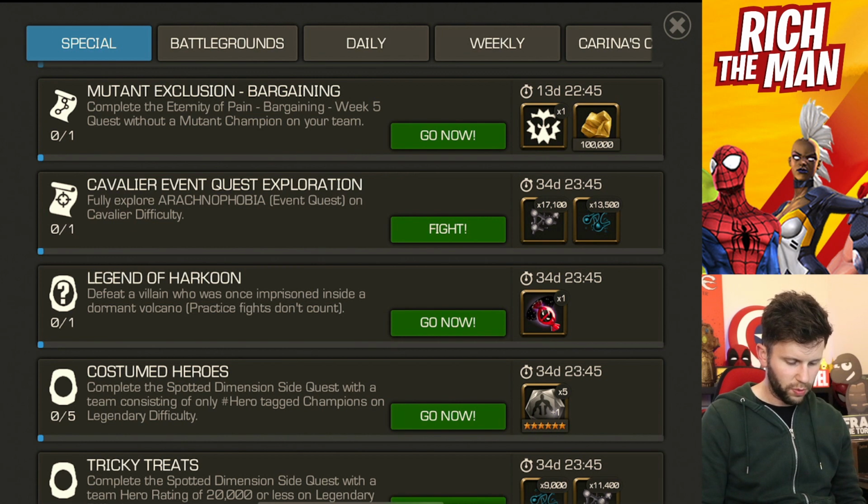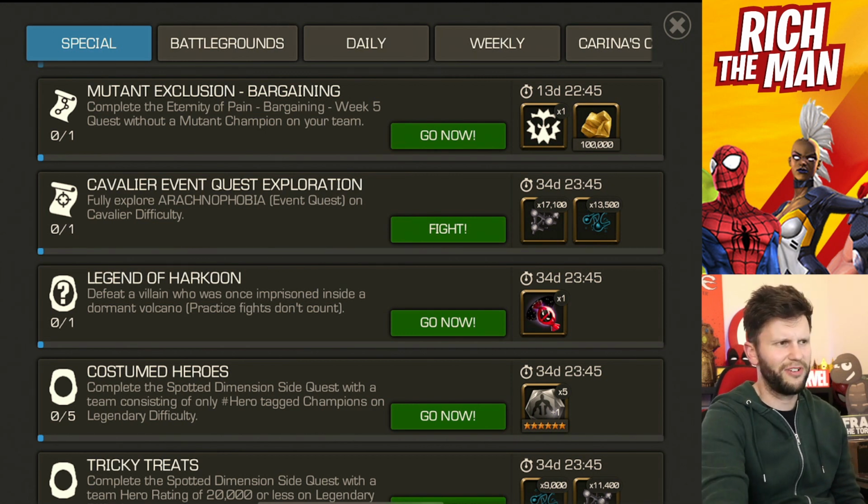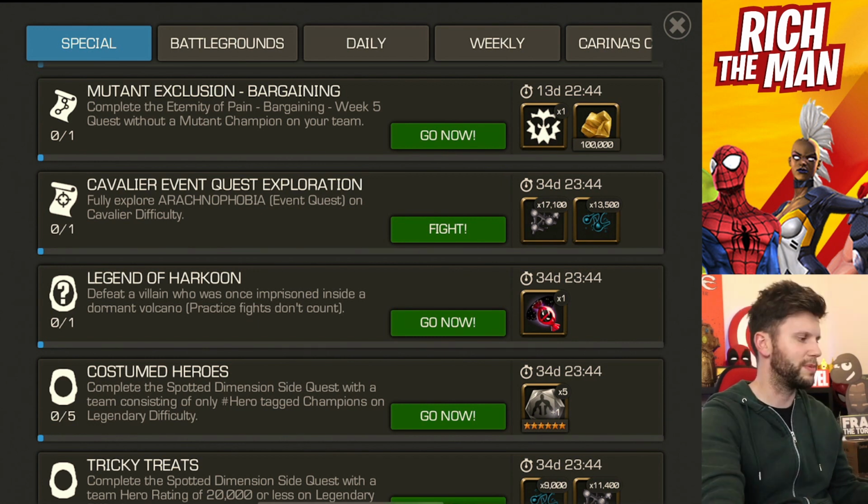Defeat a villain who was once imprisoned inside a dormant volcano. Practice fights don't count. Well, that I don't like. That's the first time I'm like, what's going on here with this? To be honest, the way you do this is going to be a case of the community having to come together on matters, and the particular matter is go